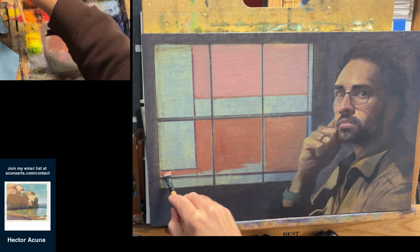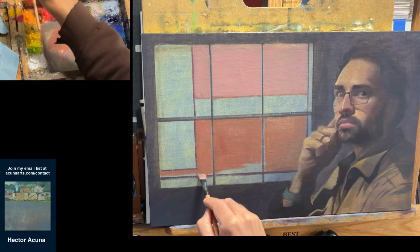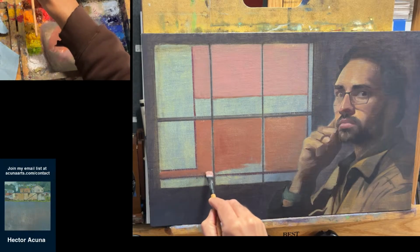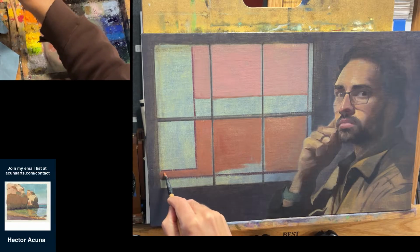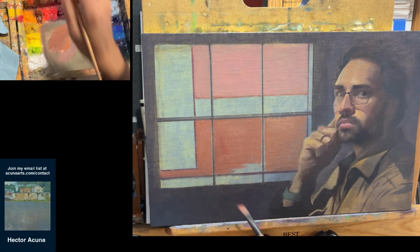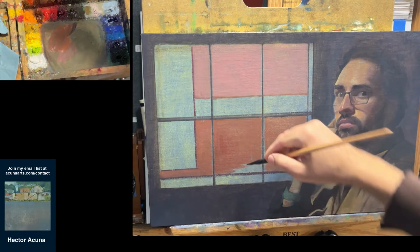What I'm really thinking about at this point is the local color of everything. It's like, okay, I'm not worrying about lighting effects. I'm not worrying about shadows or highlights or temperature, chroma shifts. I'm just trying to decide and commit to the space and general areas of color. Because